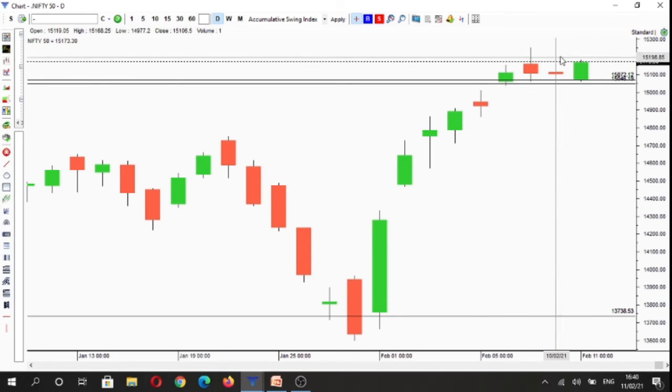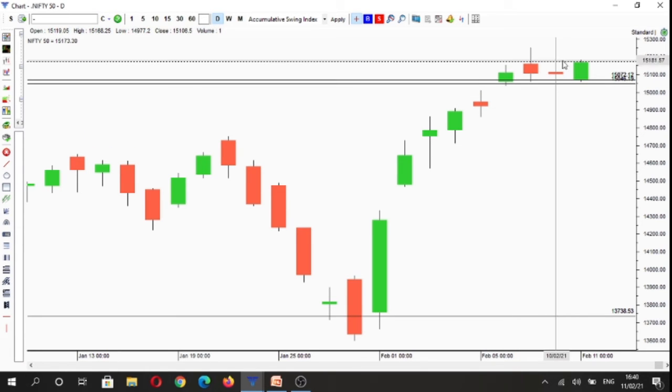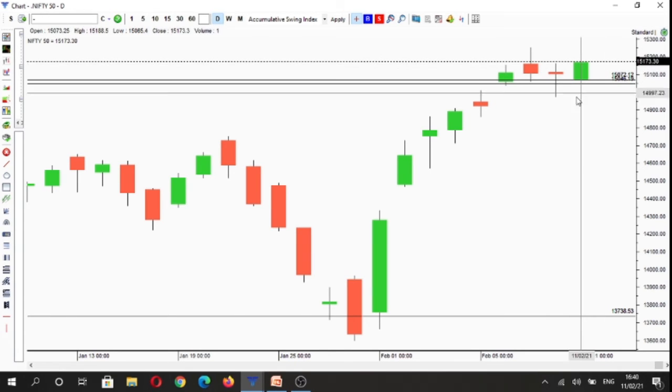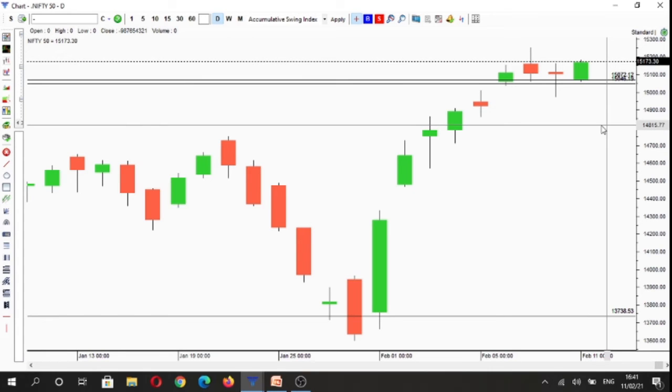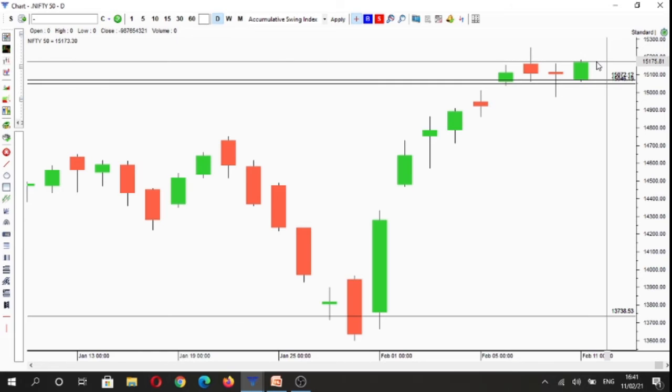And in terms of the structure on the daily time frame, day before yesterday, we had a structure of lower low and a lower high, and today we have a structure of higher high and a higher low. So tomorrow, if we break today's highs, which is 15,188.5, then uptrending structure would be confirmed again, provided today's lows also hold. So if tomorrow today's lows is not broken and we also breach today's highs, in that scenario, we would have an uptrending structure again with higher highs and higher lows.